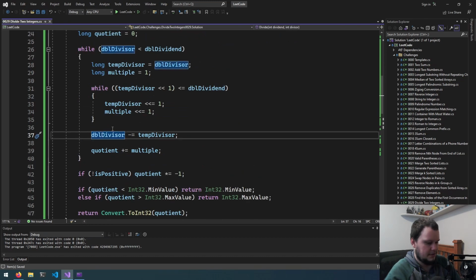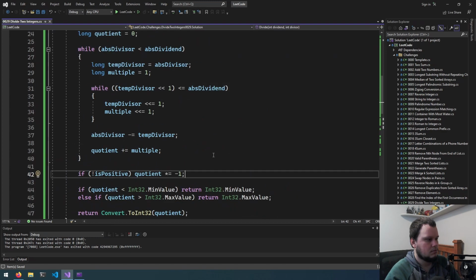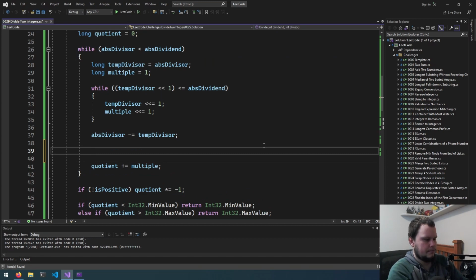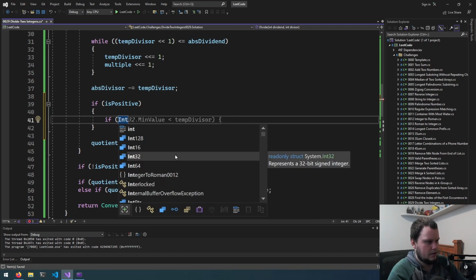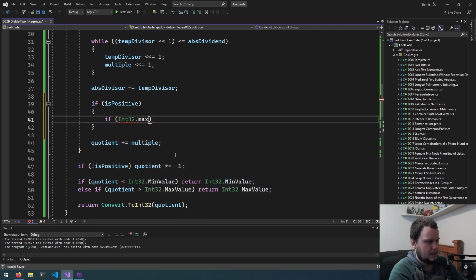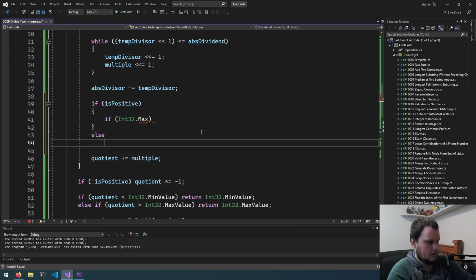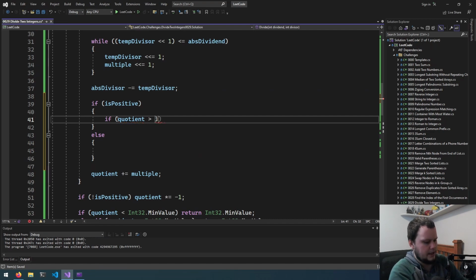As it's no longer DBL, we'll just call it abs, as that's what we've done to it, to absolute. Okay. Actually, I just thought, we'll do if is positive, if int 32.max value. Actually, yeah, we'll do the quotient stuff in here. So if quotient is greater than int 32.max value